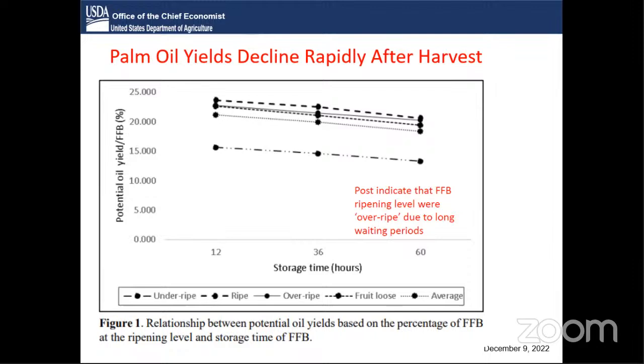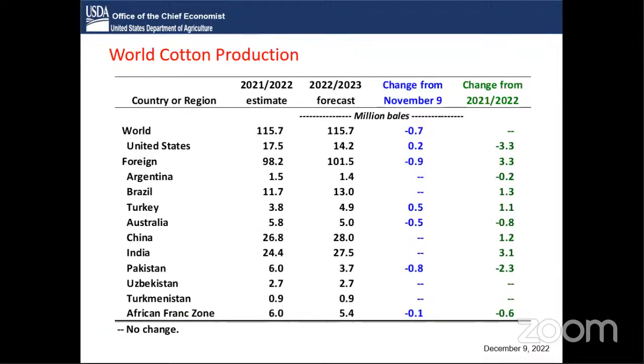So at the end of the day, Indonesia palm oil forecast for 21-22, so that's back here, we lowered 5%. And then we carried a yield reduction into the new year as well. Again, really all reflecting this policy that